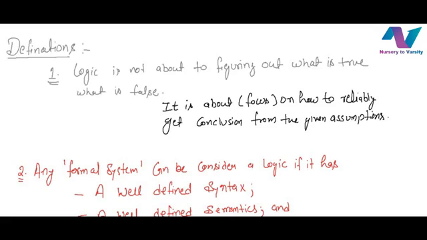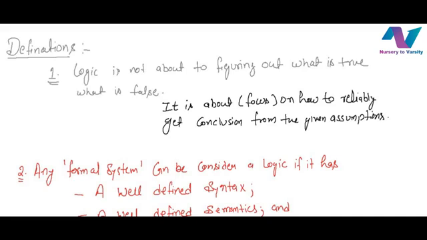For this I can share one example with you all. We have two statements. The first statement says that if demand arises, then the company expands, and the second statement is if the company expands, then they will hire employees. So what is the conclusion here? The conclusion we can say is: if demand arises, then the company will hire employees. So this is a type of logic. Logic is not about figuring out what is true and what is false, but about finding the reliable conclusion